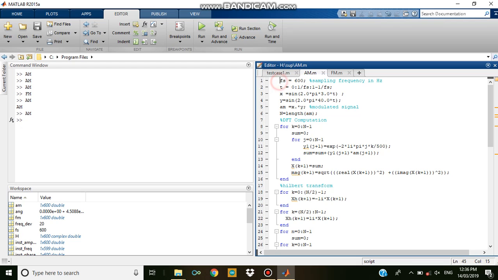So here as we can see, I've taken the sampling frequency to be 600, and then this is the time for which I'm taking the sinusoidal signals. Here x and y are the signals which are being modulated. X is the message signal and y is the carrier signal. So as we know, for amplitude modulation we just multiply the carrier and message signal, and after getting the modulated signal, here AM is the modulated signal,